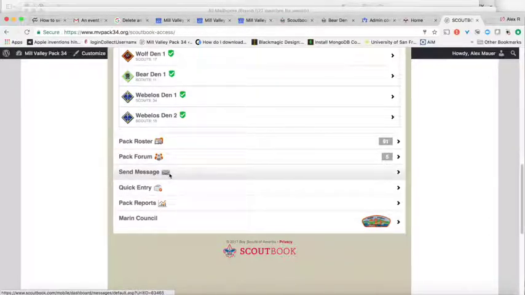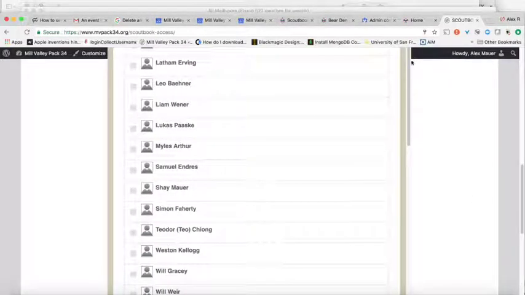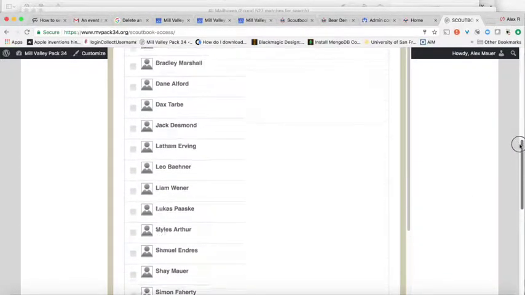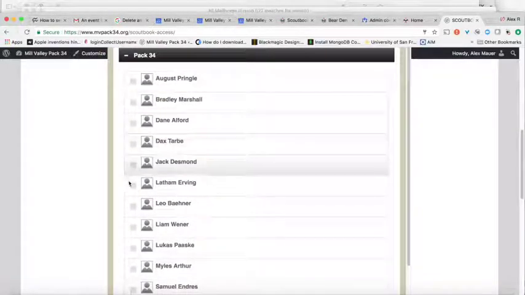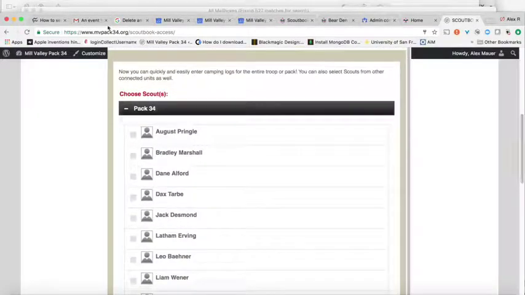Send messages. So this is at the pack level. As a pack administrator, I would be able to send an email out to everybody, but only pack administrators have that right. And then we have this quick entry thing, which gives us a couple different options to figure out what we need to do, right? So if I want to enter ranks, awards, any service, camping logs, hiking logs, we can quickly do that. If I want to do a camping log for the upcoming fall camp out at Tamarancho, I can go down and select everybody. As a pack administrator, I can select everybody who went on that camp out. But more realistically,